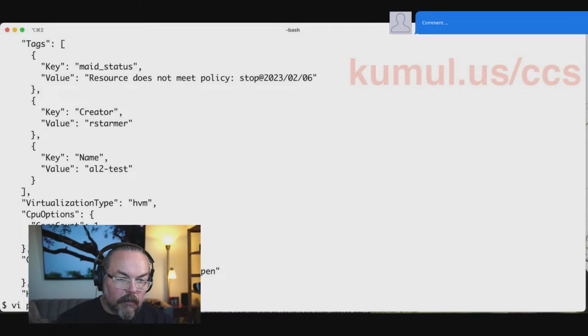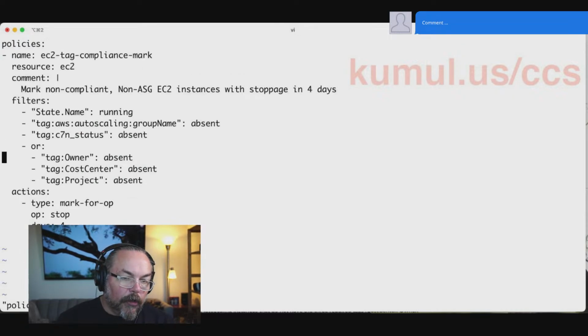No need to make something new for this, because we can add multiple actions. So okay, we've marked it for an operation. And what we can now do is add a new action tag, and we're going to go ahead and get rid of a couple of characters here. Okay, so now our tag is matched to all of this, and we said we wanted cost center, so we're going to say cost center is CCS, and then we're going to add another one, type